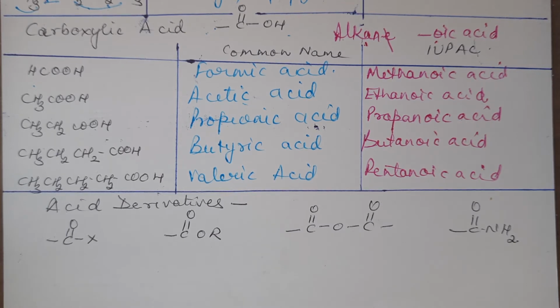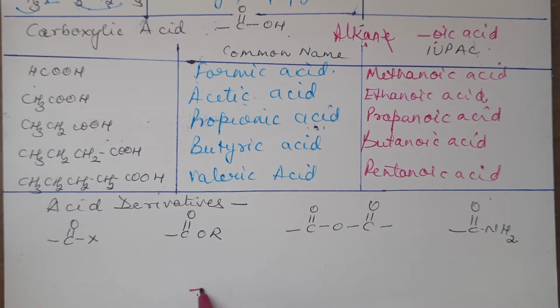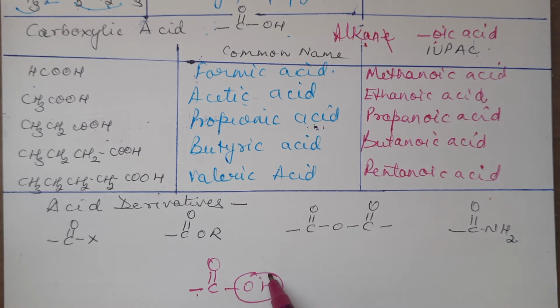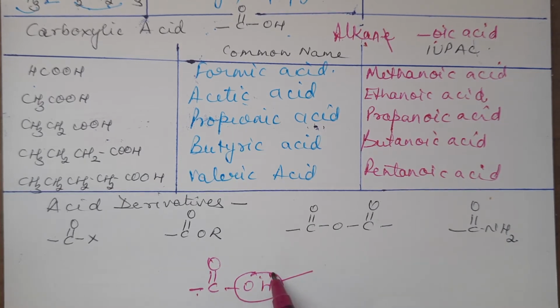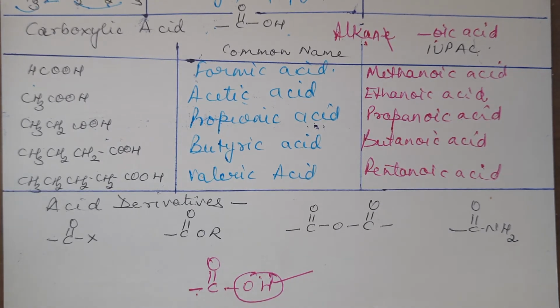Now, you have certain derivatives of acid also. What are the derivatives of acid and what do we actually mean by this? Suppose you have this, acid. If I write it is COOH. If this whole thing or only H is substituted by something, then it becomes a derivative of acid. Then it is a derivative means it is obtained from acid. Like for example, you see this one.